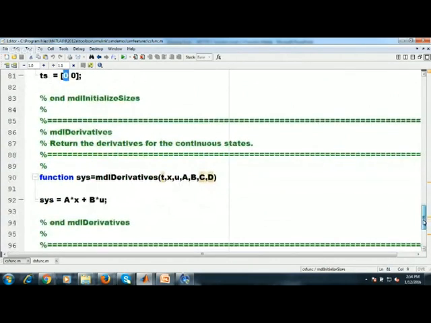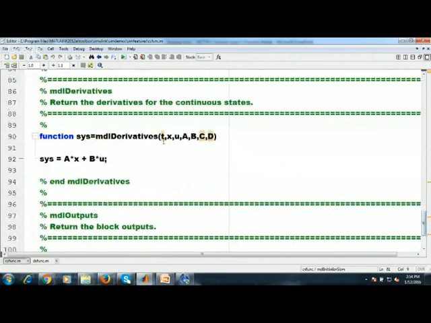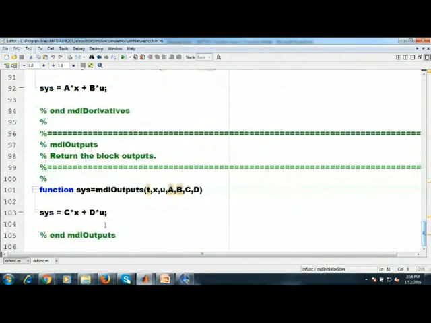So this is the function that we call for computation of state as x derivative equal to Ax plus Bu, y equal to Cx plus Du. This is for